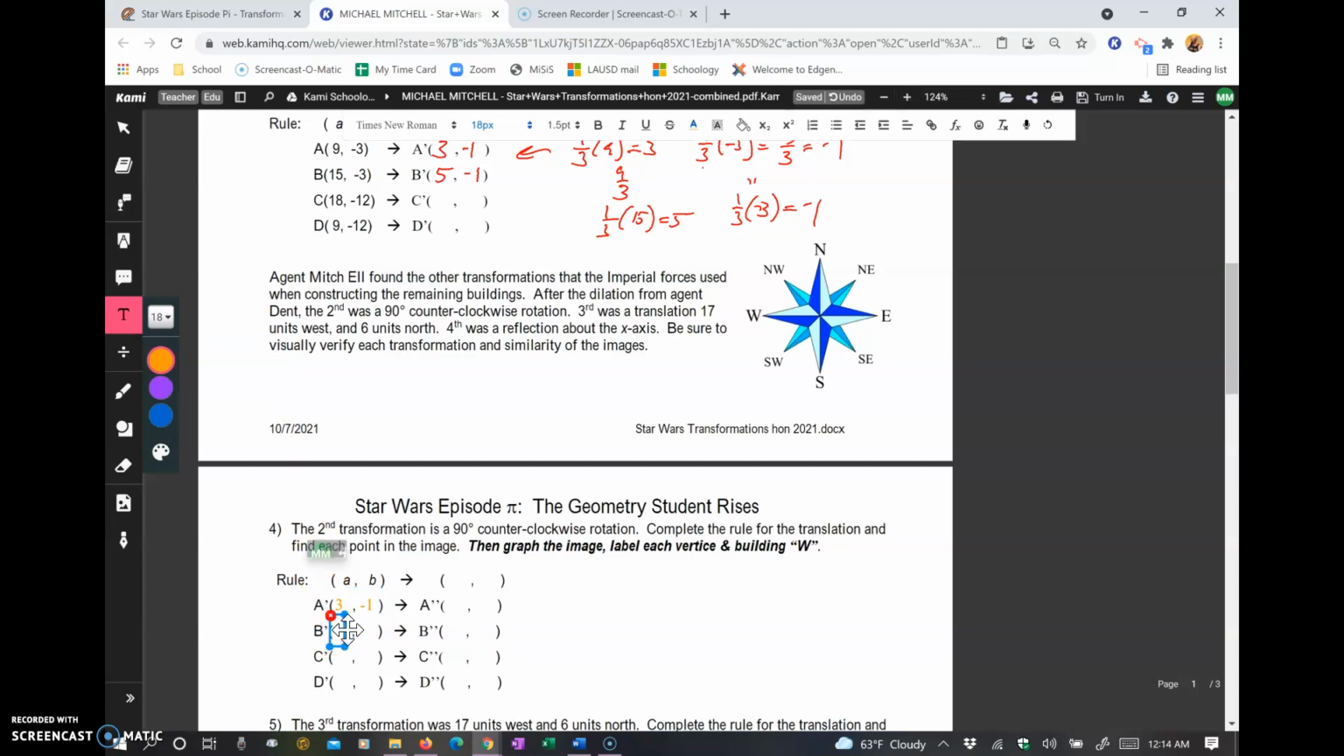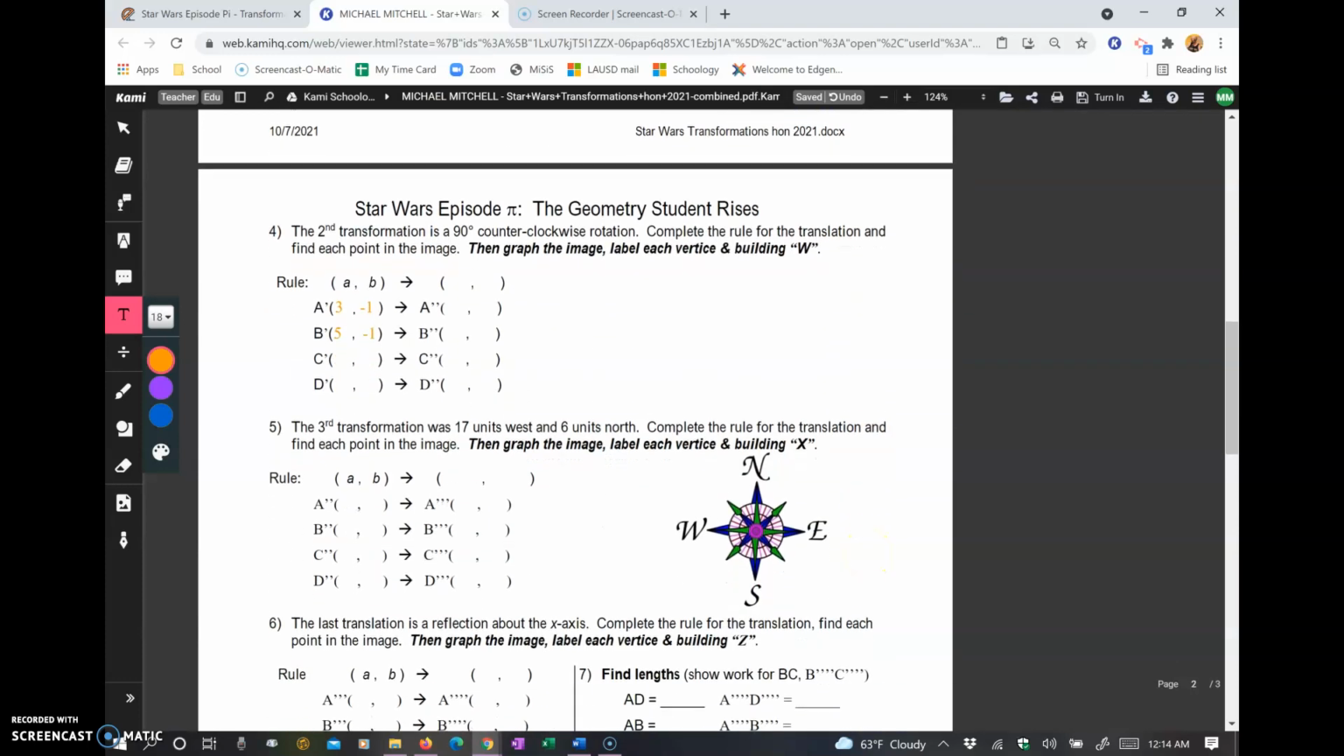So that's going to be 5, -1. And I got my points in there. And then you'll put the next ones in and you'll do that. For this one, when you get down here,